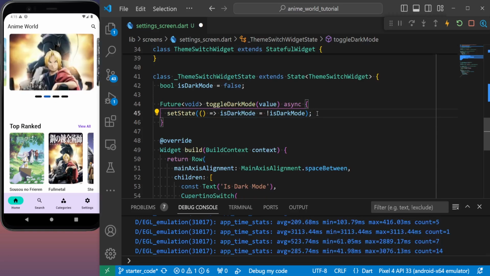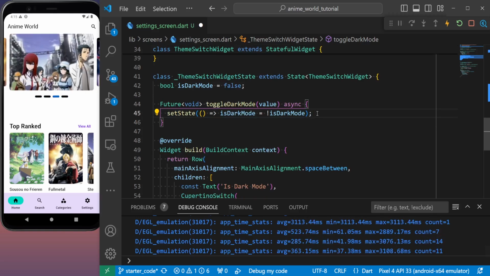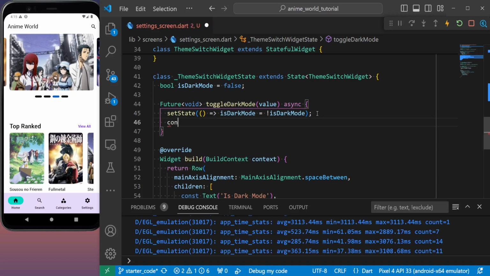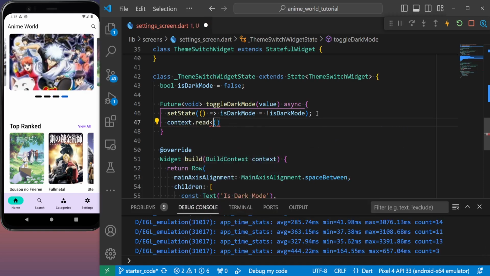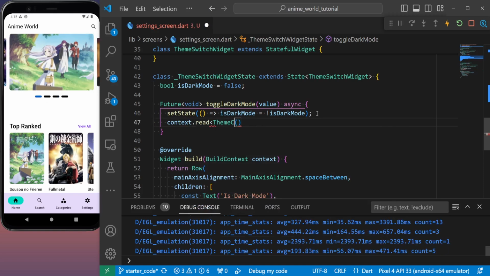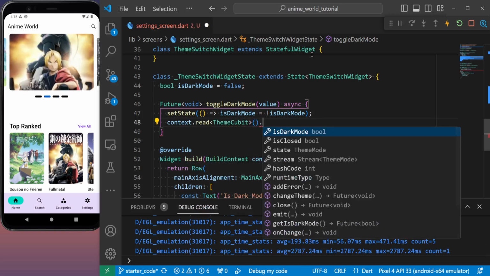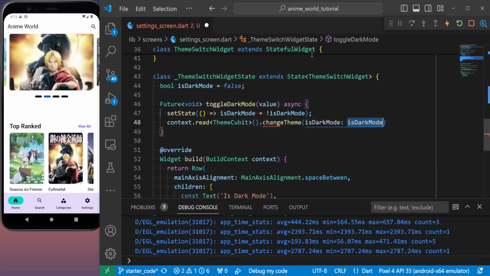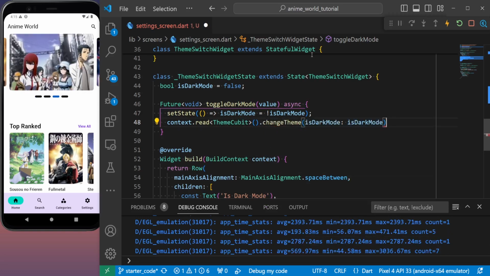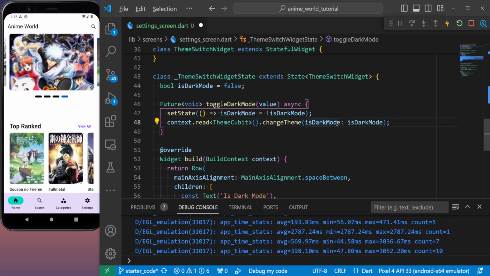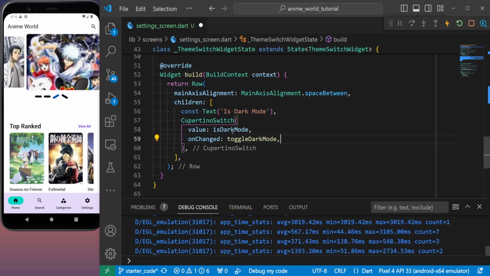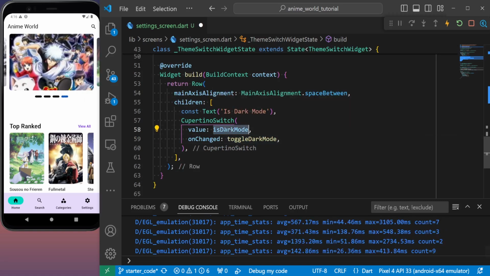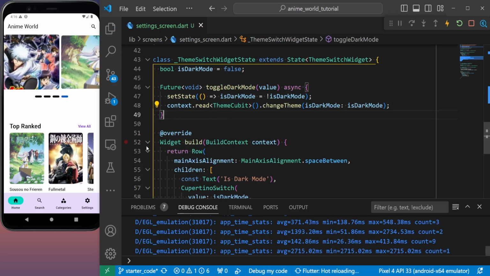So now we need to use our bloc and actually toggle our dark mode. To access our bloc, we need to use context.read, and I'm going to specify my bloc. In this case, this is going to be a theme cubit, and I'm going to call the method change theme and set this dark mode to dark mode. Nice. Let's directly call this method here, and inside here I have used dark mode. So let's hit save